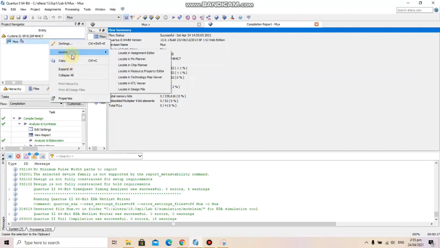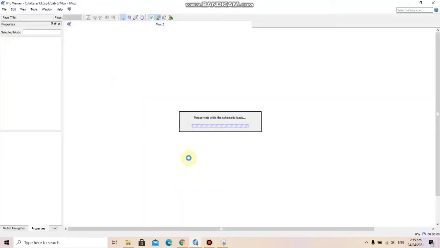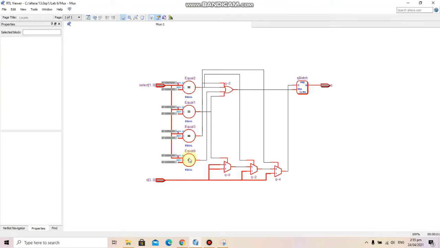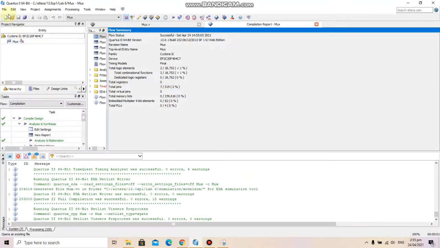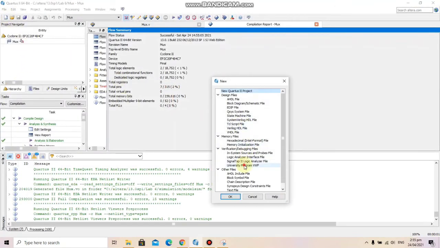Let's look at the RTL view. This is how this circuit will look. Now let's go and check the outputs.